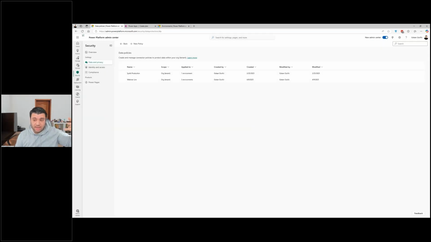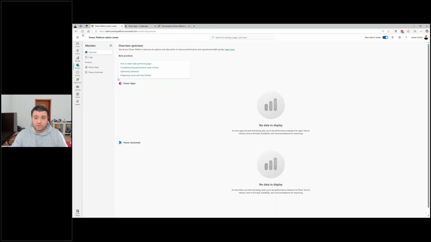Now, for the 3 environments I have, no one would be able to use that X connector, not because I don't like Elon Musk, no politics in my sessions, but people will not be able to use X anymore in the environment. And finally, because I have only like 2 minutes left, you can also go for monitor.